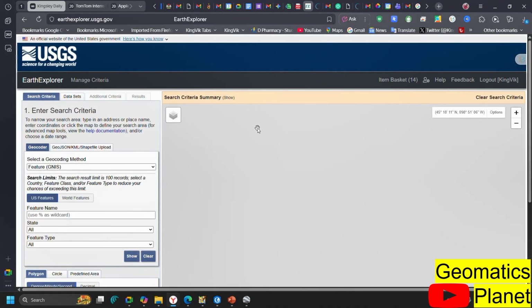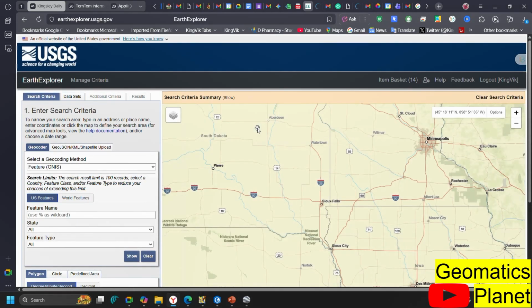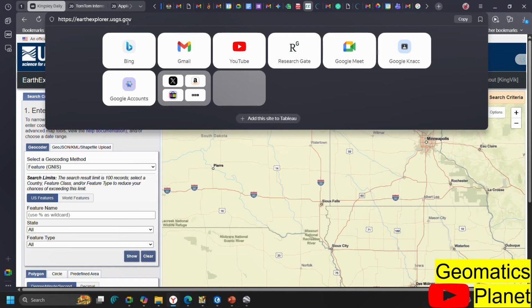I would like to talk about how we download imagery from EarthExplorer from USGS. In this video, we're going to talk about how to download Landsat imagery. You can see here, you go to your browser and go to USGS here, and then